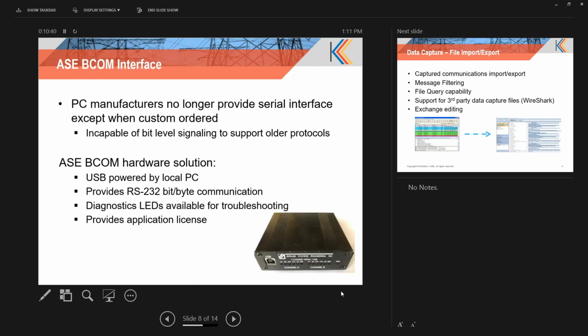Version 1 test set users may be familiar with our USB BCOM, displayed in this photo. This is one of our options for hardware licensing the application. The BCOM interface is still supported with version 2 and still very much necessary in today's testing environments across SCADA, because PC manufacturers no longer build